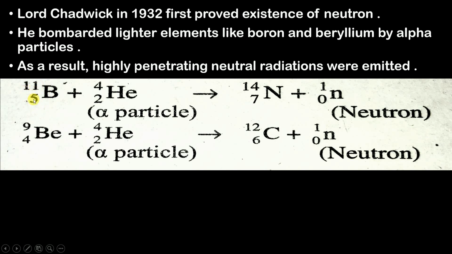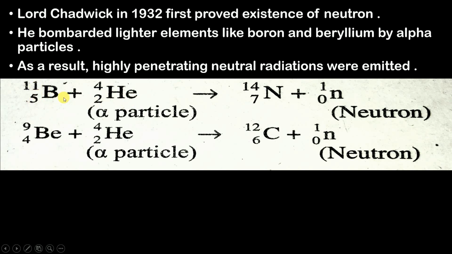So 11 minus 5 is going to give you 6. So now we have cleared that there are 5 protons in boron and 6 neutrons in boron. Similarly, here there are 2 protons in helium and 4 minus 2, which is nothing but 2 neutrons in helium. Now what happens during this bombardment is that these 2 protons of helium and 5 protons of boron, they